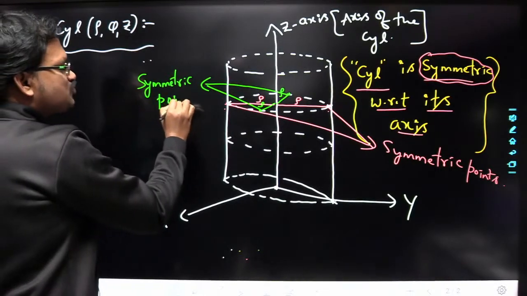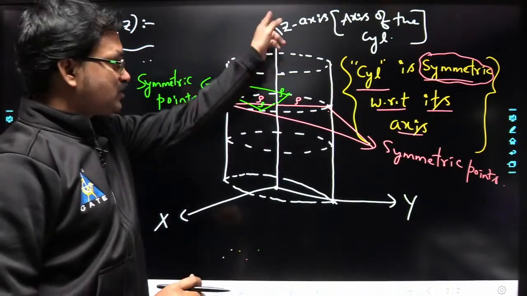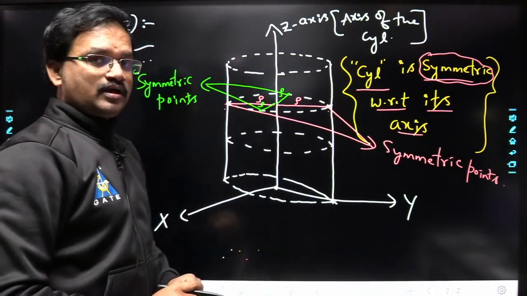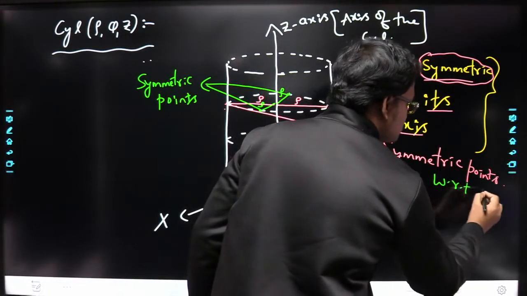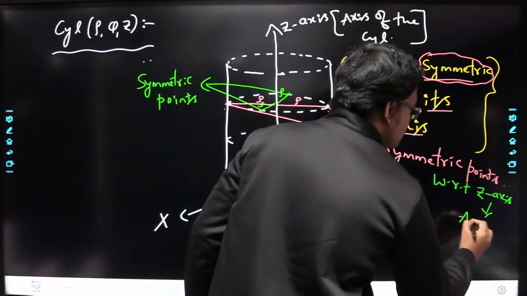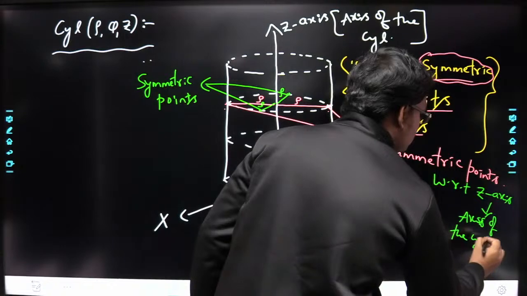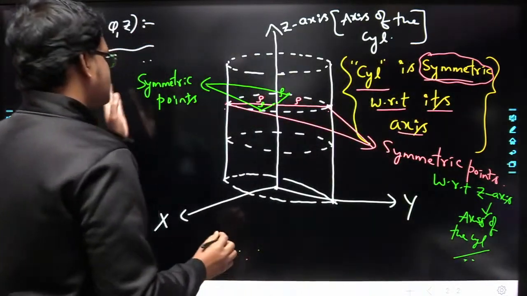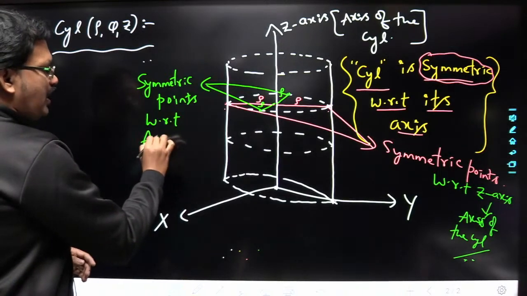So these points are symmetric with respect to what? With respect to the z-axis, yes or no? Here z-axis is nothing but the axis of the cylinder. Understood? So symmetric points with respect to the axis of the